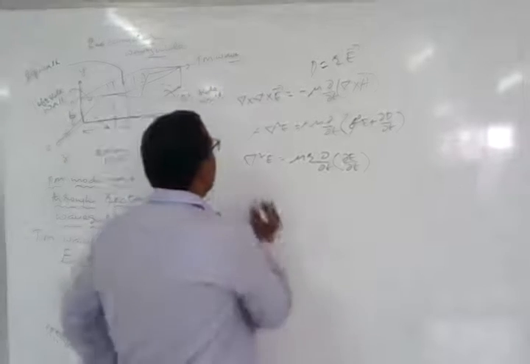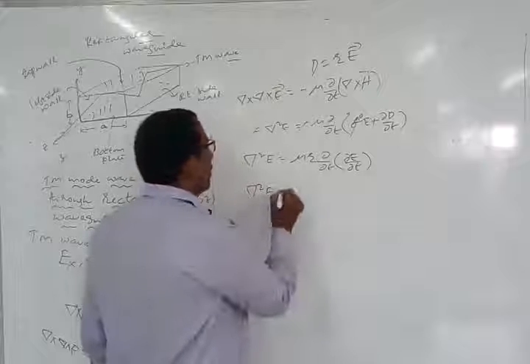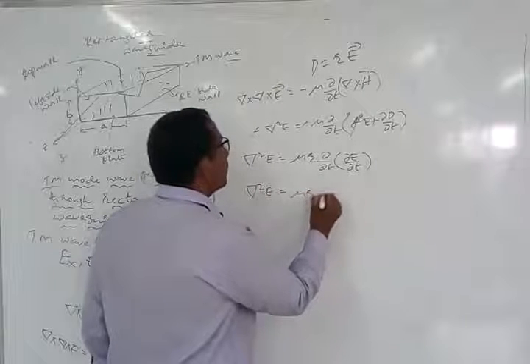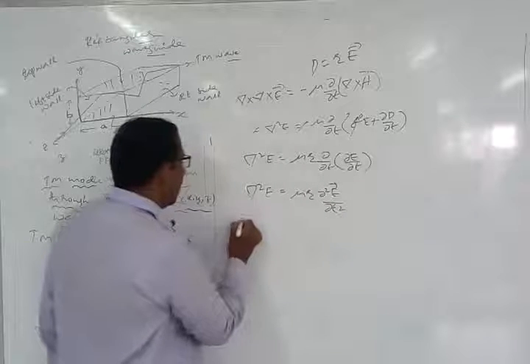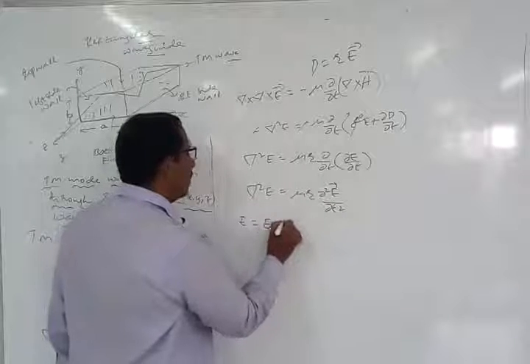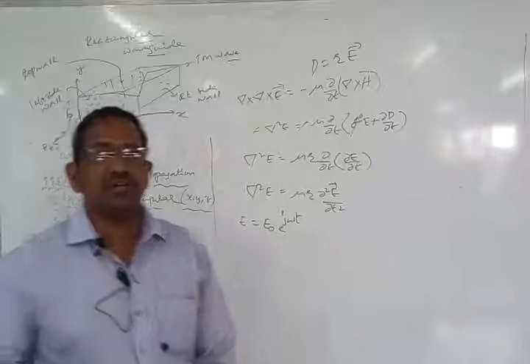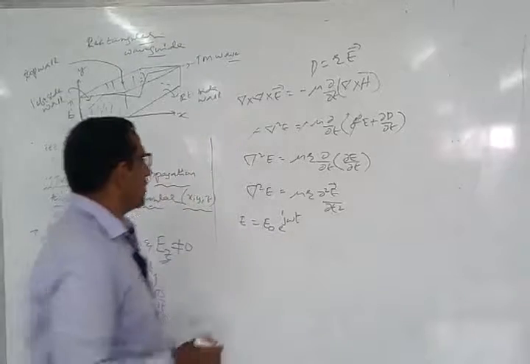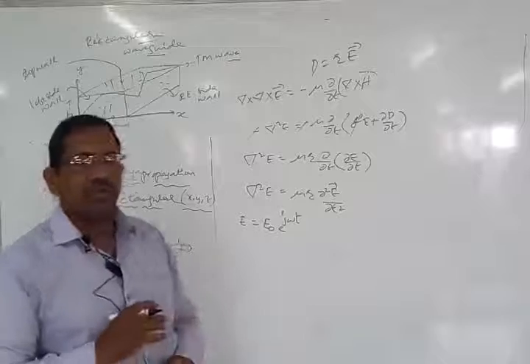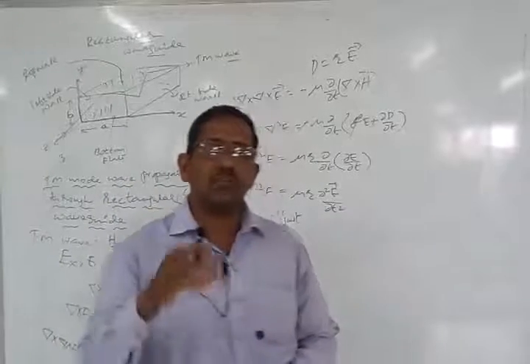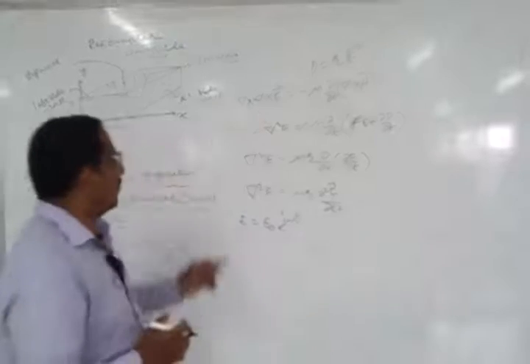Now here I will write the expression by considering time varying fields. So mu epsilon dou square E by dou t square. Now we know the value for E is E naught into e power j omega t, if the electric field is time varying in nature. If the electric field is time varying in nature, we simply multiply with e power j omega t. If the field is propagating through the z direction, we multiply with e power minus gamma z. Like that we have to remember here.